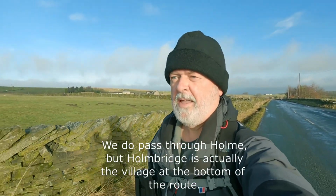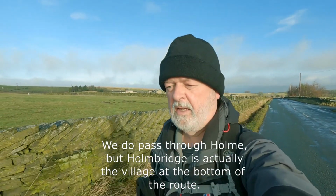and then crossing over around Brownhill Reservoir down to Holme, and then from Holme Reservoir, from the village of Holme, back up again. The start point, it's not a huge walk,